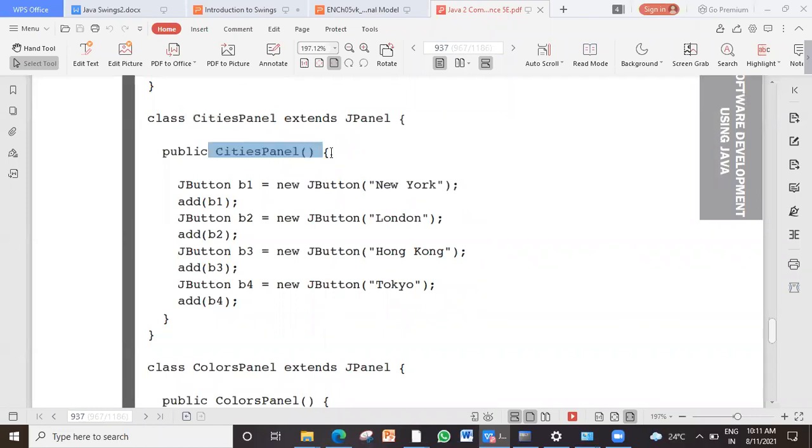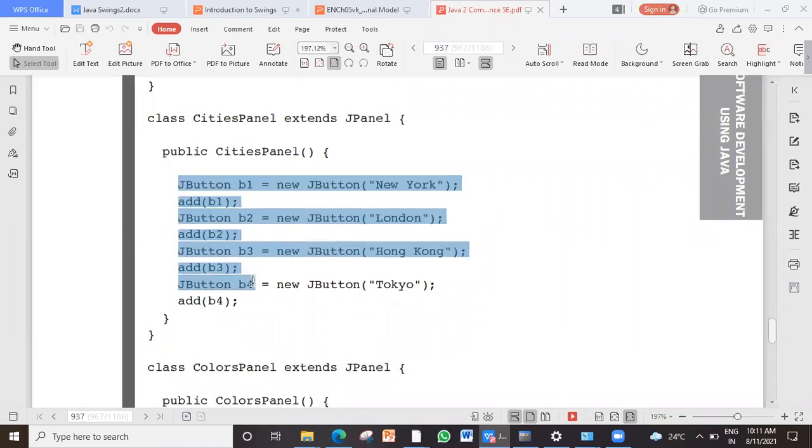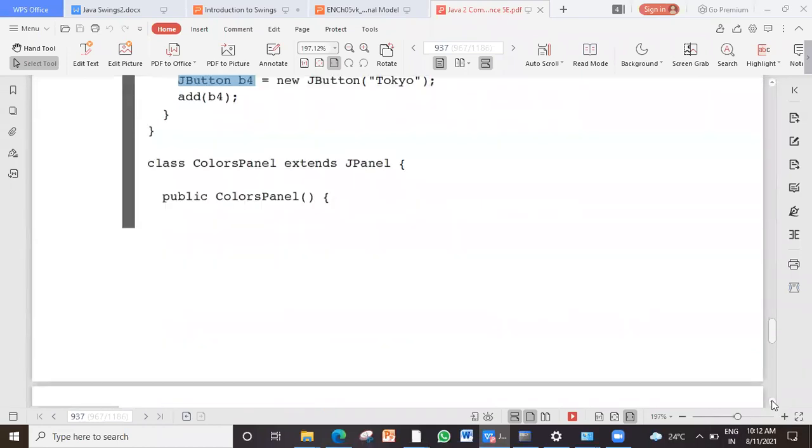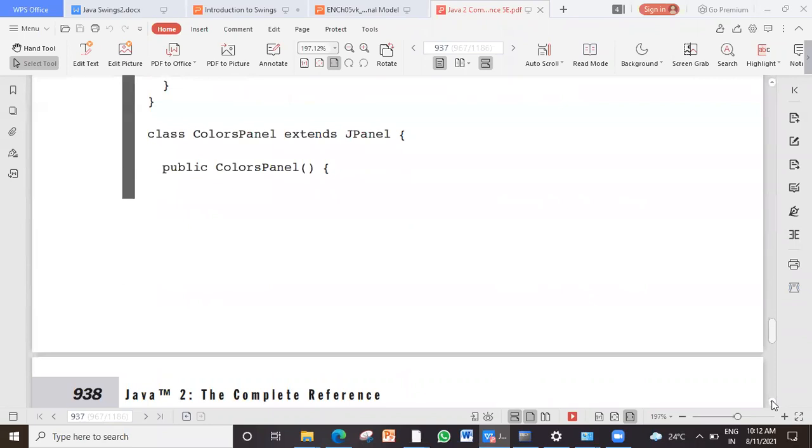This is the constructor. Inside the constructor, my first tab is made up of 3 buttons. Cities is made up of buttons. Do you recollect that? I had shown you the output. So these 3 buttons I have defined, and I have added them to the window. Which window will it add to? To that Cities panel. So one panel is created. Then I am creating the Colors panel. You remember how the Colors panel is? Is it with buttons?